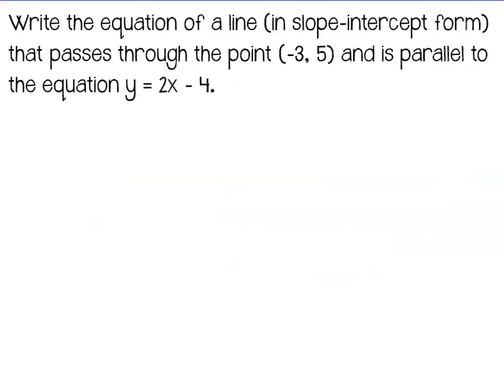Write the equation of a line in slope-intercept form that passes through the point negative 3, 5 and is parallel to the equation y equals 2x minus 4. So now I can't just willy-nilly make up any constant that I want. It certainly would be parallel, but that doesn't mean it's going to pass through the point negative 3, 5. So if I wanted this particular equation to pass through this point and have that slope,